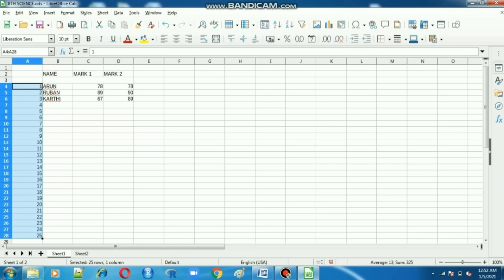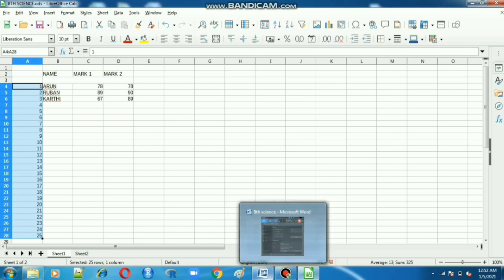Whether 1000 or 10,000 rows, select and drag to create your auto generated numbers. That is called auto generate numbers.